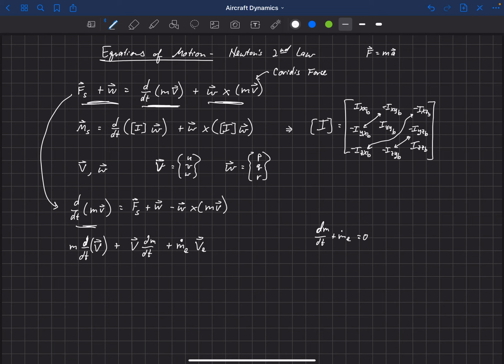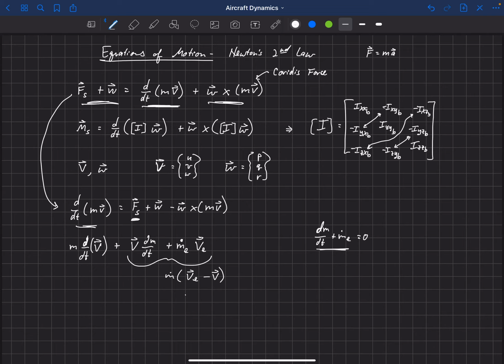And what we're going to do is just take these two terms and add them together. This is basically a thrust term that we're going to call m dot. This is the change in mass with respect to time, which they're equal and opposite. So it's going to be m dot times V e, the exit velocity, minus the velocity of the aircraft, okay? So we're going to combine those two terms together, and we're going to add this now to our surface forces here to get a total force on the aircraft.